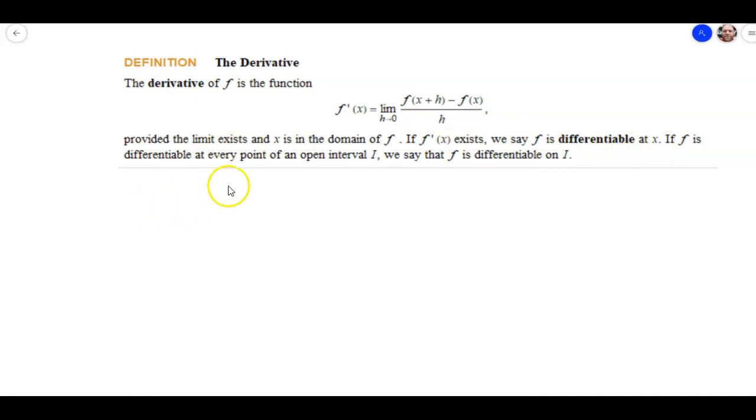If f is differentiable at every point of an open interval I, we say that f is differentiable on I. So we can also find out if f is differentiable on some interval. Now, what does it really mean? Well, visually, let me give you an example here. So visually, if we have some kind of curve from point A to point B,